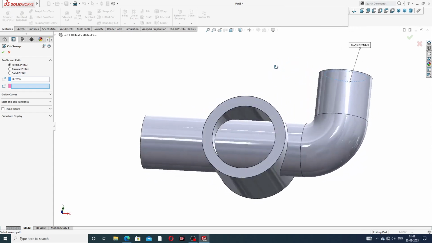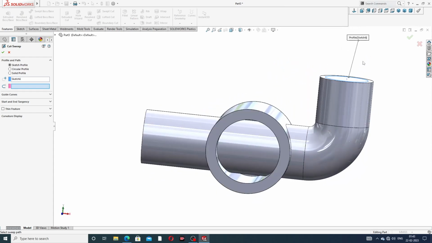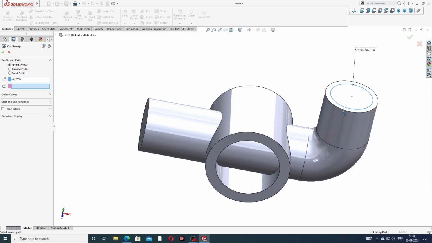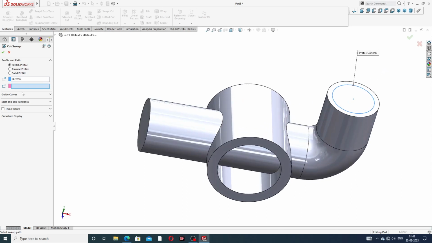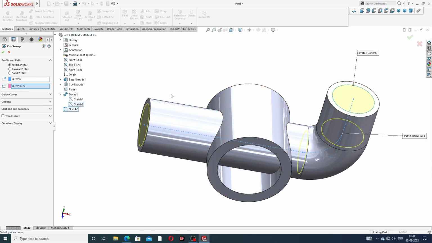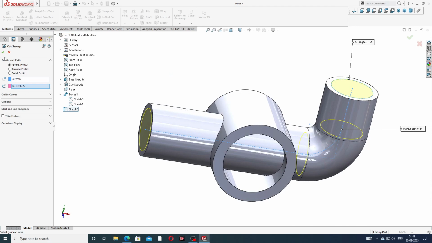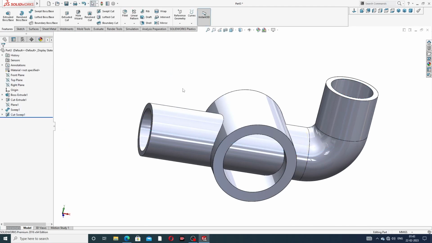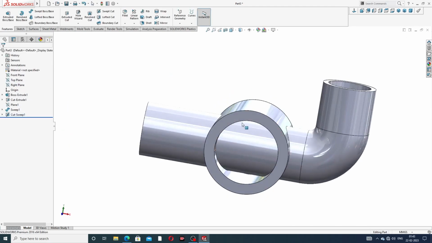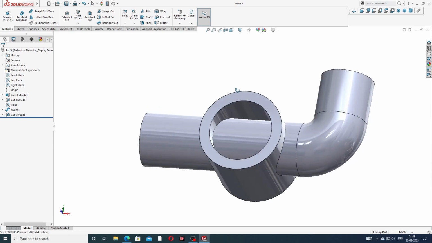Okay, this is perfect. The swept cut is this. At first, select this. Okay, swept cut is this, and this is a cutout, and this is a hole cut. Draw this,